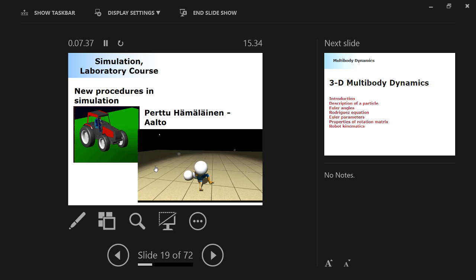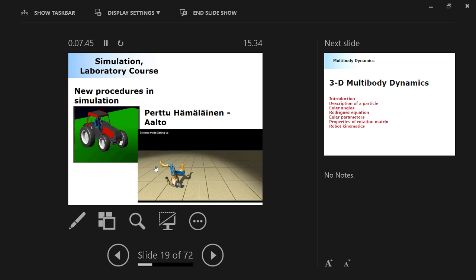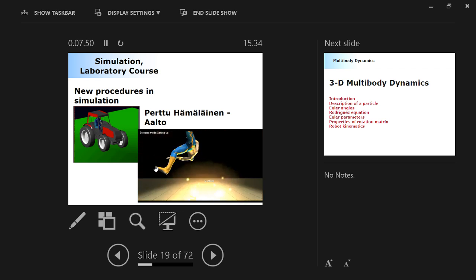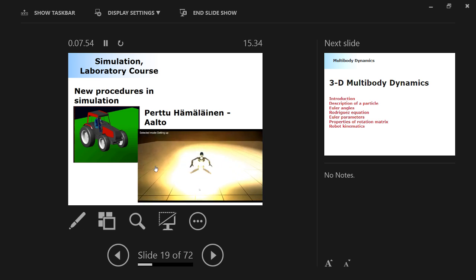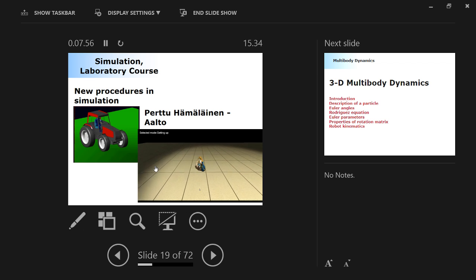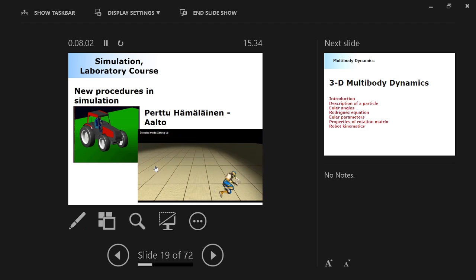You may wonder why the motion is not looking realistic. It's not looking realistic because this is computed by using game engines. There's a close relation between multi-body dynamics and game engines, but they're not the same thing. There are some differences as well. What are these differences? We will get back to that, but very roughly speaking, some of the game